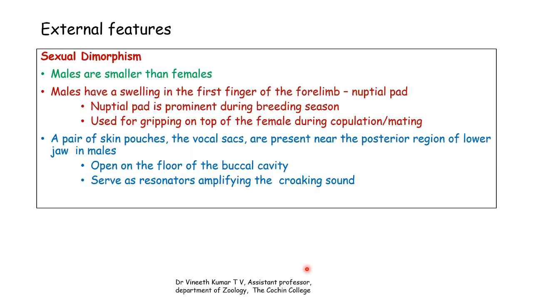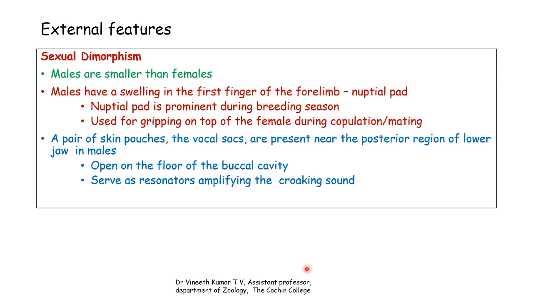Coming to sexual dimorphism, it refers to the morphological differences shown by the males and females of the same species. In some species, both male and female are almost the same, and you cannot distinguish them morphologically. But in most organisms, the male and the female are morphologically as well as, in most cases, genetically different. In this case, they will be morphologically as well as genetically different, and the morphological differences are being discussed here.